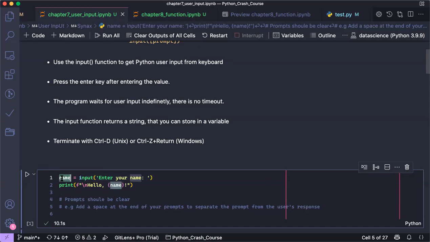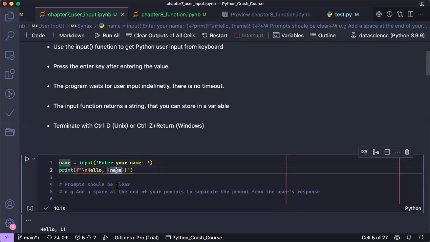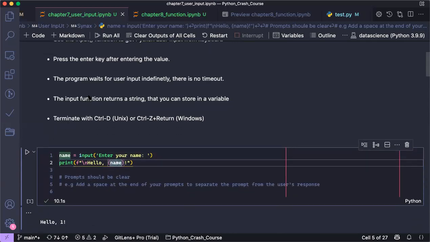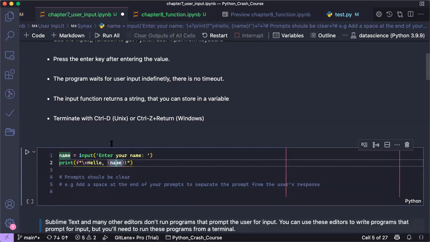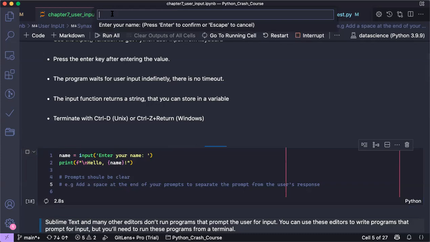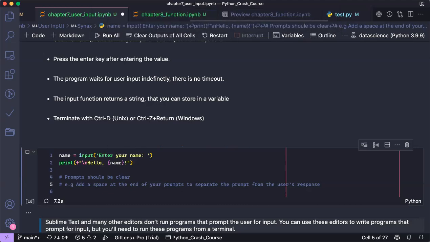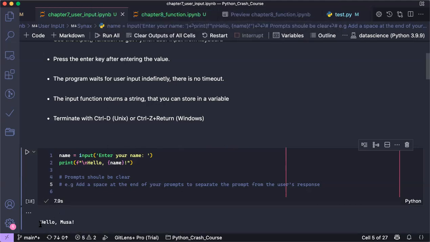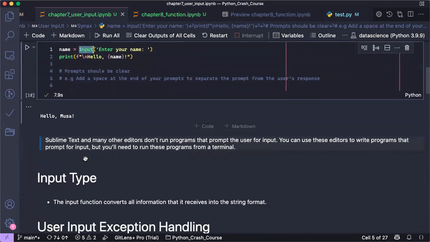So here you can see we ask the user to type their name, and now we print hello and the name. It will print the name of whatever it is. So let's see what this will do. When we run this one, you can see here it asks me to type a name, right? So when I type Musa, you can see it says hello Musa, right? So the main idea is that in Python we use the input function to collect anything from the user,